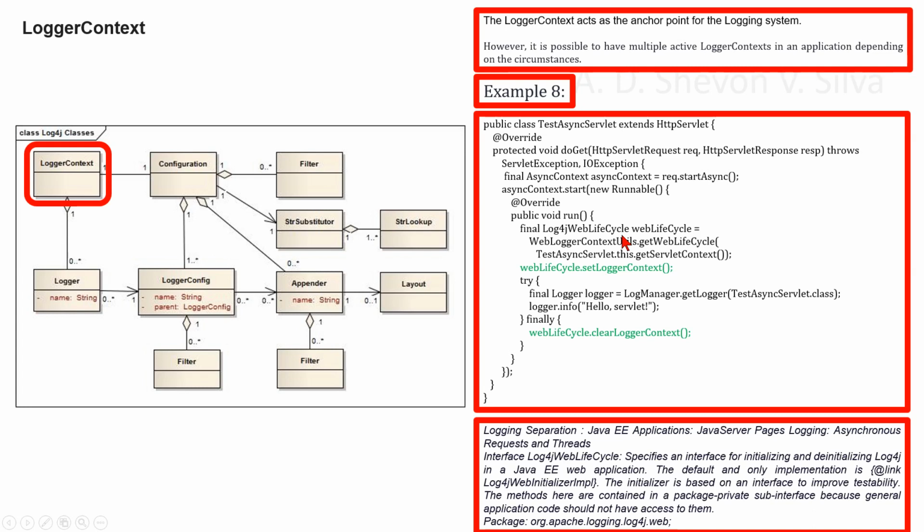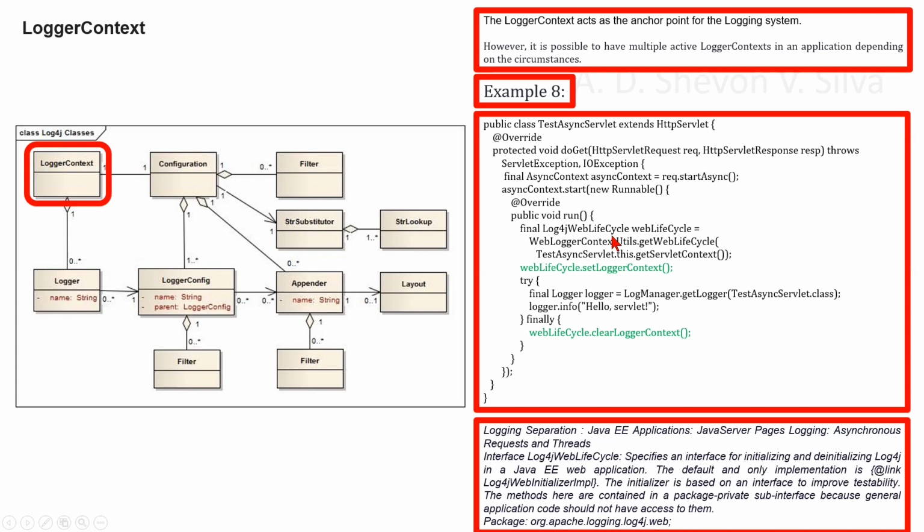The default and only implementation is Log4jWebInitializerImpl. The initializer is based on an interface to improve testability. The methods are contained in a package-private sub-interface because general application code should not have access to them. This is in package